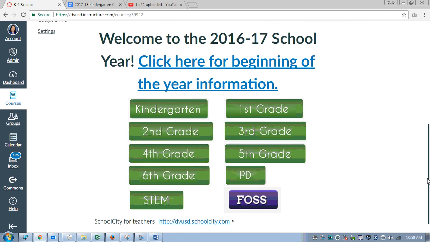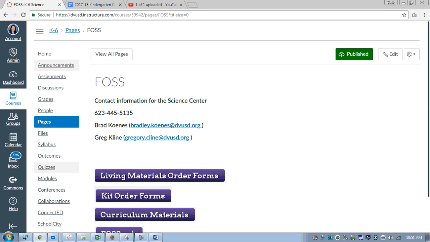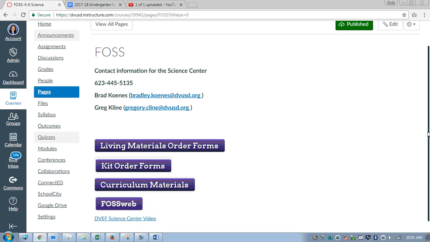So there's two places where you'll be clicking into. One is in the 5th grade tab and one is FOSS. So we're going to start with our FOSS tab. Much of the information that's available here is what was previously available on Portal or through Filer. You'll find your living materials order forms